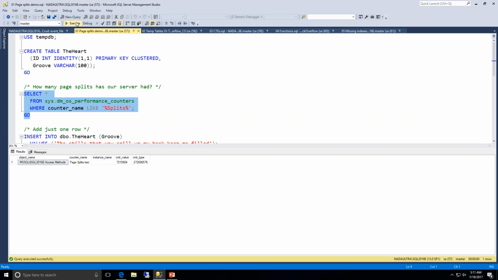Now this perfmon counter is cumulative. I know it says page splits per second. You would think that means page splits per second, but it's actually cumulative since the thing restarted. So I'm going to execute it again a few times just so you get a feel for there's no other